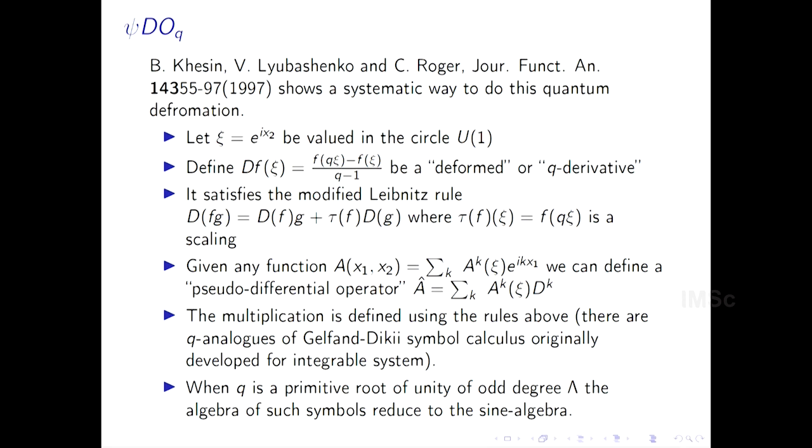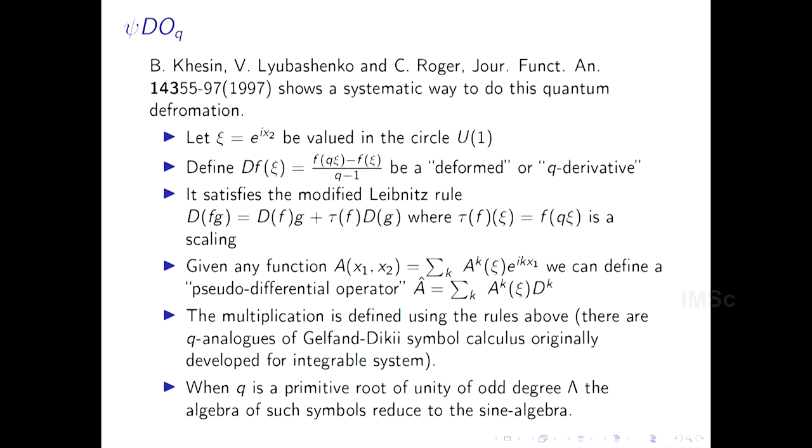There's a more detailed way to do that. I found this in this paper of Kirillov, Lubashenko, and Rajeev. None of this is in the context of fluid mechanics, although Kirillov wrote a famous book on hydrodynamics with Arnold. It's the same Kirillov. So here, they describe how to do this. What you do is that you look at the Lie algebra of canonical transformations, and you quantize it in the sense that you deform it by using not the usual notion of a derivative, but a deformed derivative. It is one of these q-deformed derivatives.